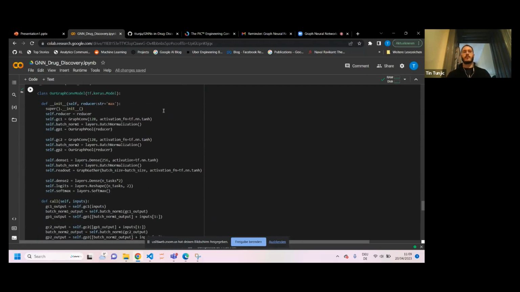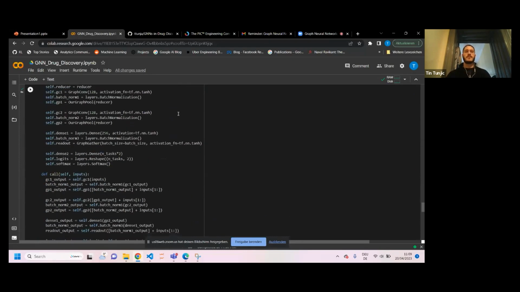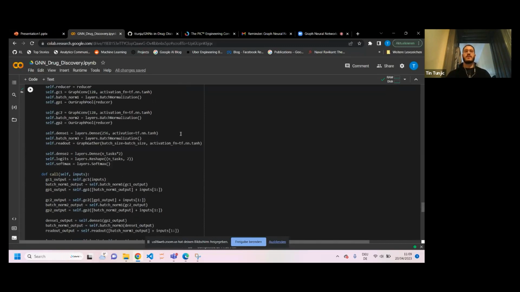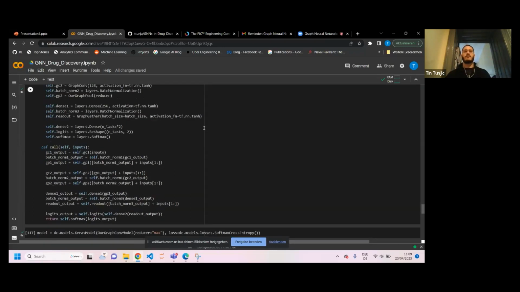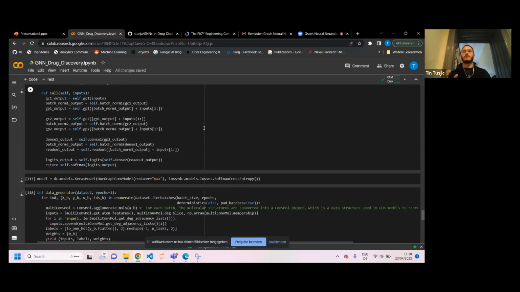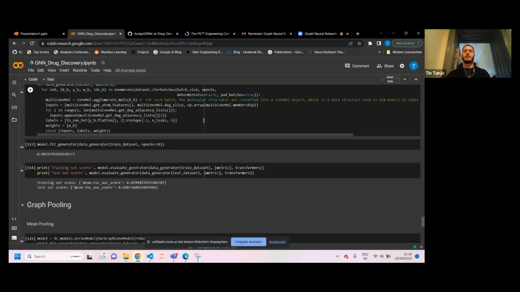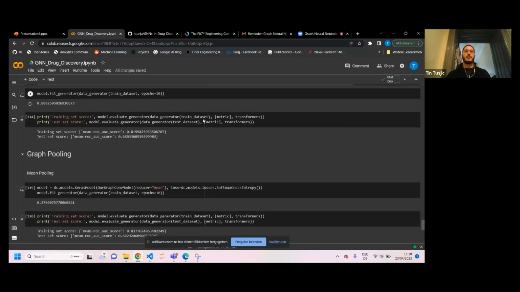We also wrote our own graph convolution network, where we specified 2 convolutional layers. Then we specified this dense layer, and we gather the information so that we can predict for the whole graph that specific property. We feed that into the softmax function to have the output probabilities between 0 and 1, and then we train the model. We had the data generator, which was just used for the batch generation and for the data iteration, and we obtain